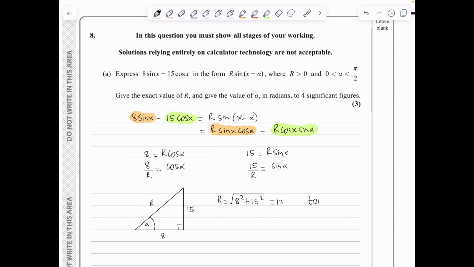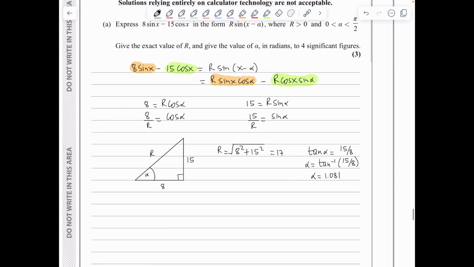And we can also see that tan alpha is 15 over 8. Therefore, alpha is shift tan of 15 over 8. Remember, we are in radian mode here, and we get that alpha is 1.081,